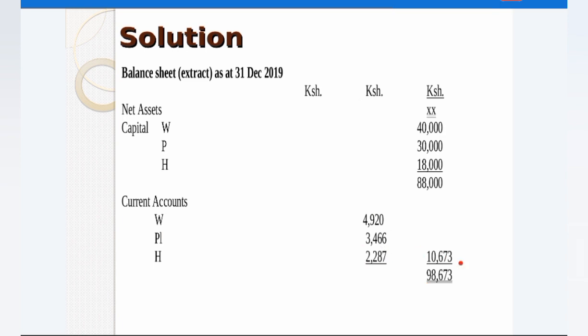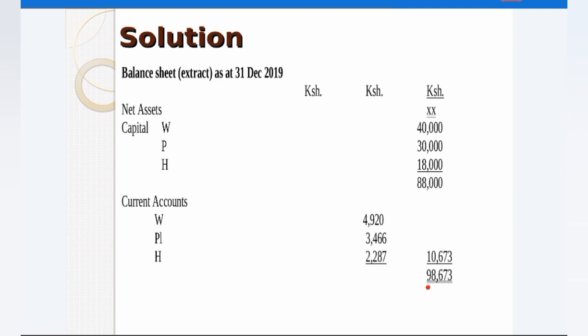So these three totaling to 10,673. So when you add 88,000 to 10,673, you will get 98,673. So that is how you are supposed to prepare the balance sheet extract from the illustration that we are given. In our face-to-face class, we will look at now a comprehensive illustration, the ones that you are